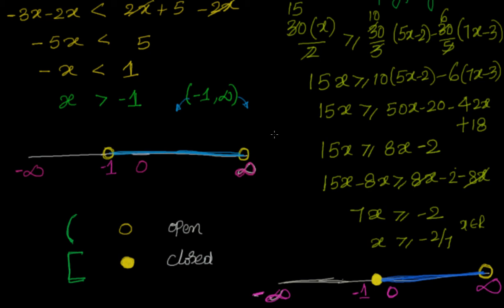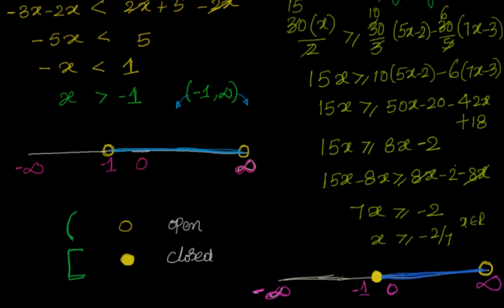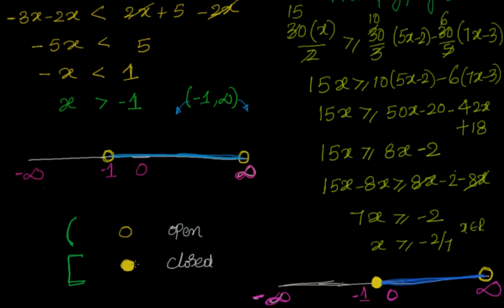To draw the graphic solution, it's very simple. You'll just draw a number line and say minus infinity to infinity, and then afterwards you put down the intervals. Remember that if it's an open interval, you'll just put a circle. If it's a closed interval, you can just close it. You can see here it's a strict inequality. Here it is a lenient inequality.